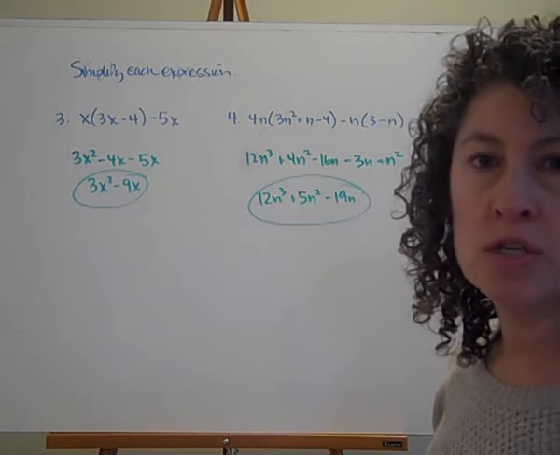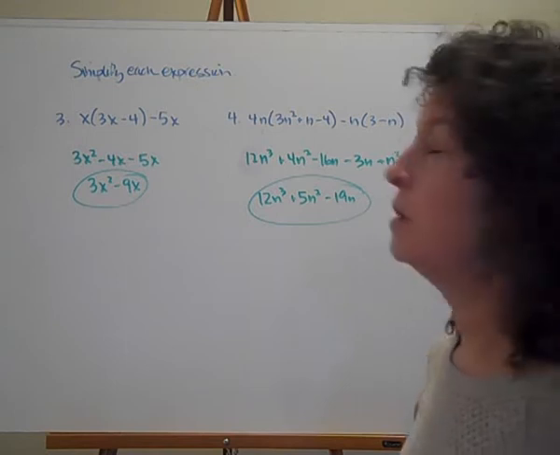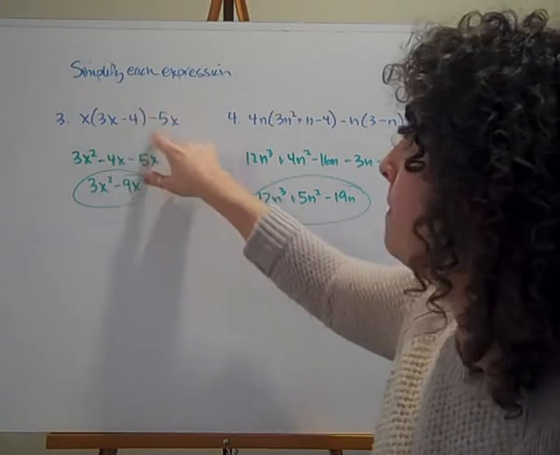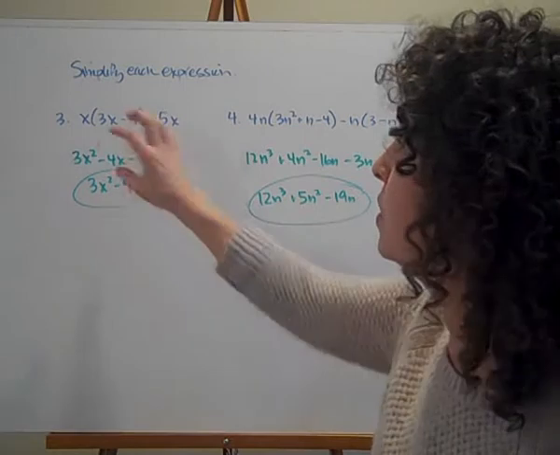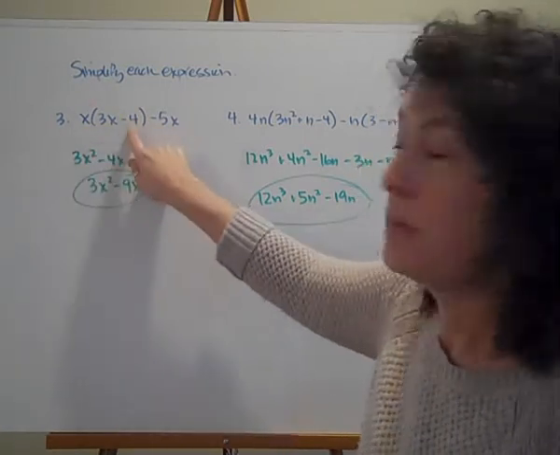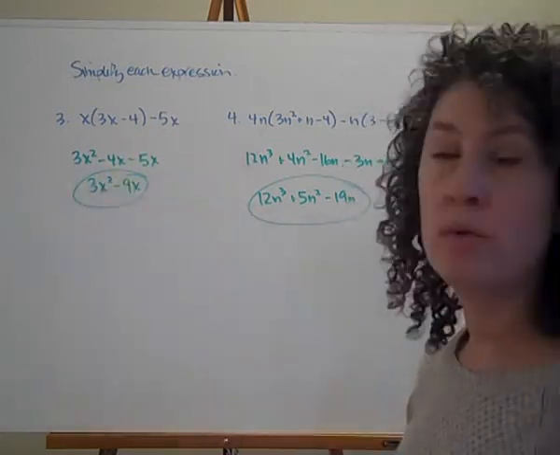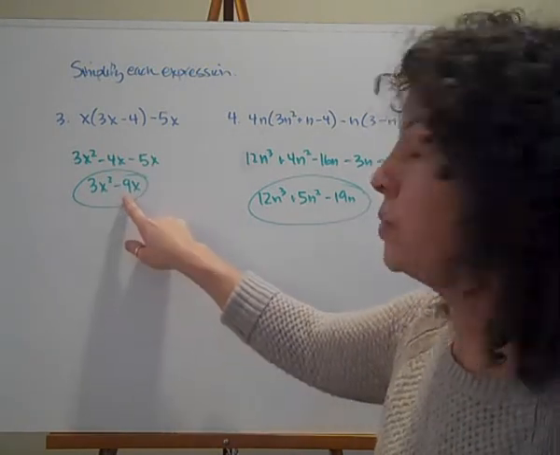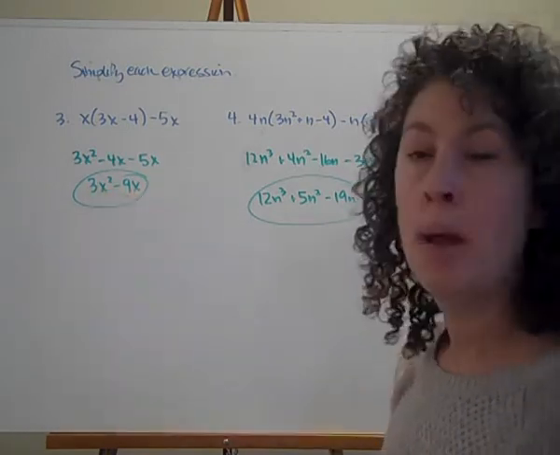So let's look at some expressions that are a little more complicated, or have a few more terms that we have to incorporate into our final simplified expression. So x, and then in parentheses, 3x minus 4 minus 5x. Just like with our normal expressions, order of operations, we want to work with the parentheses first. So I end up with x times 3x is 3x squared. x times minus 4 gives me minus 4x. And then the minus 5x hangs at the end here. From here, we want to make sure we've combined like terms. I have a negative 4x and a negative 5x that I can put together, so I end up with a negative 9x. So my final simplified expression is 3x squared minus 9x.